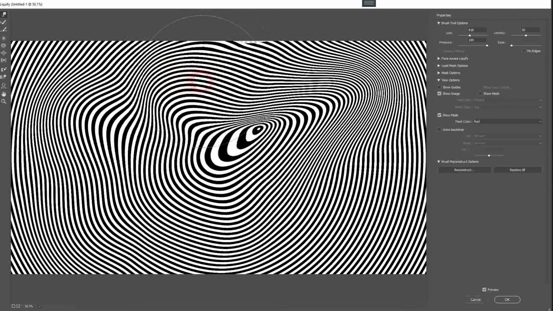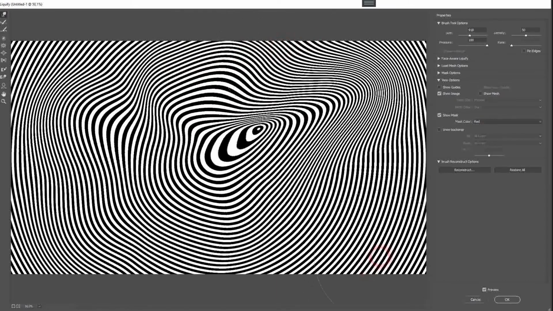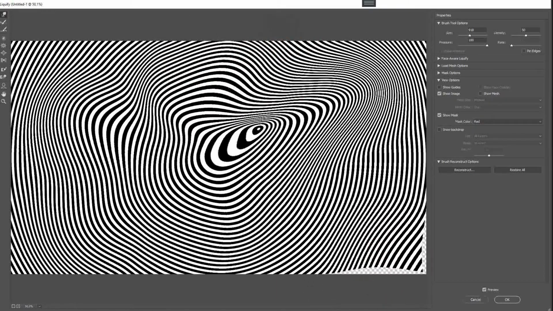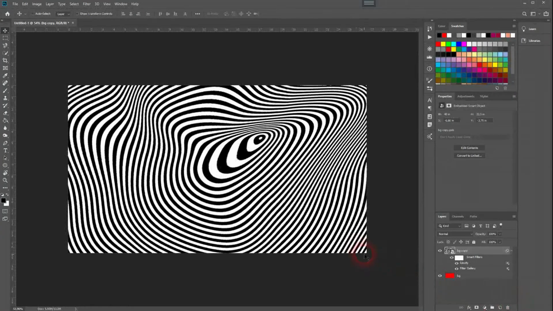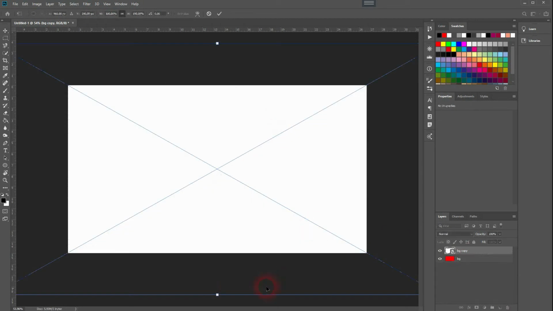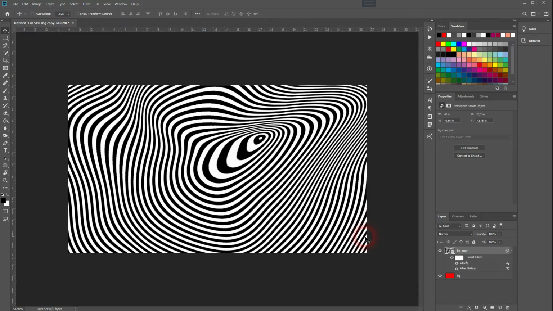At the bottom, I'm going to leave a little bit of space so that we have this transparent part. And as we've made this layer big enough, I'm going to press Ctrl T, you can see it once again. It's beyond the borders. We don't see the transparent part here anymore. I'm going to change the blending mode to multiply.